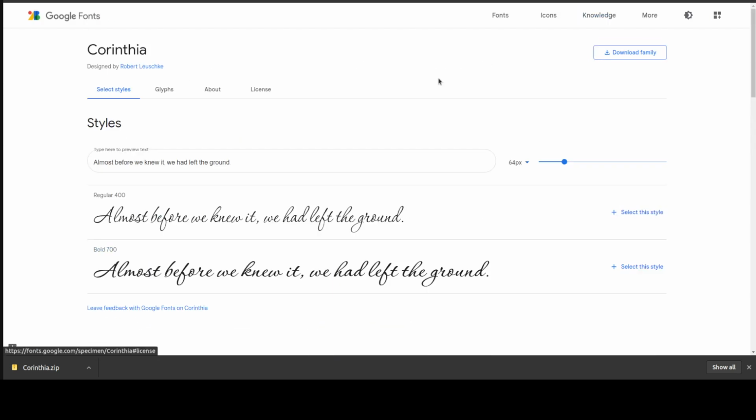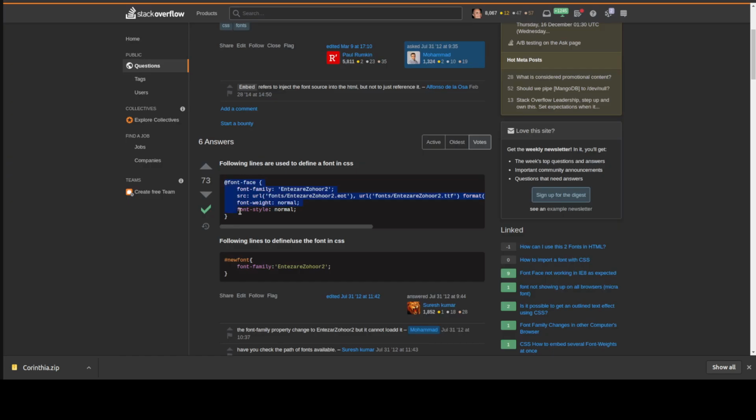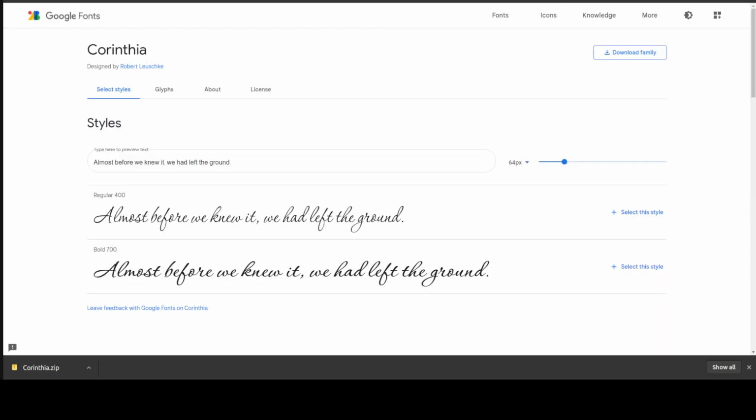Yeah, I need the specific link to show this. But you are able to import a new font family, okay? And then apply it on your site. Normally,